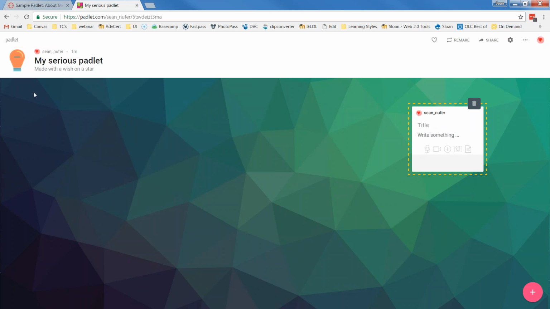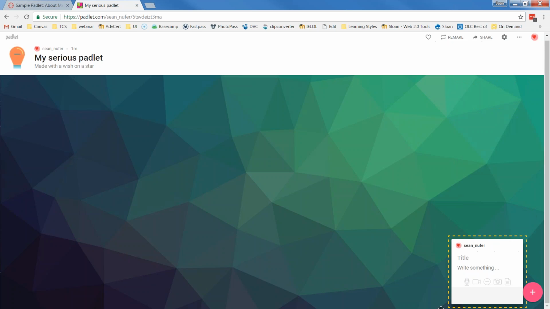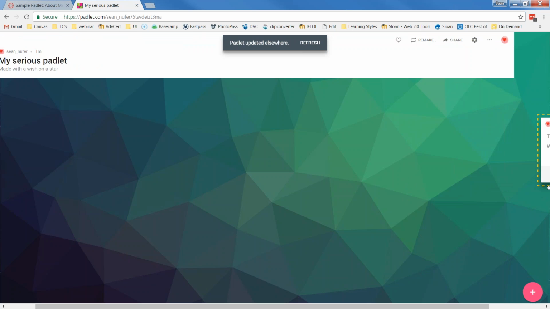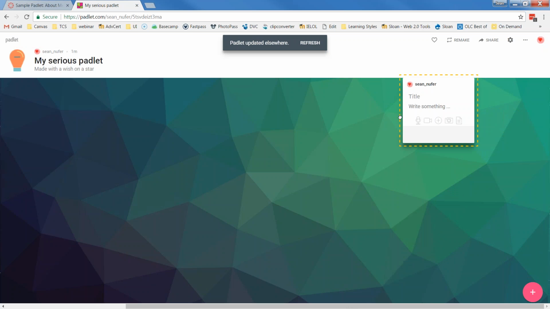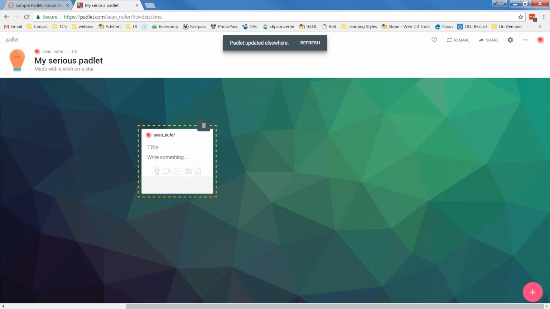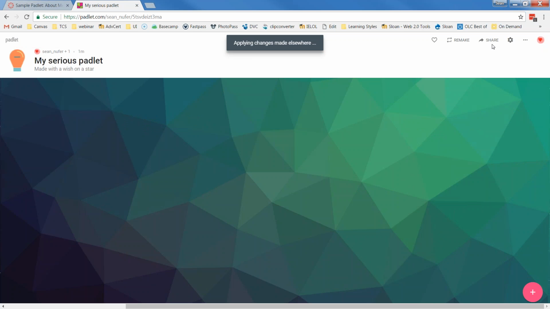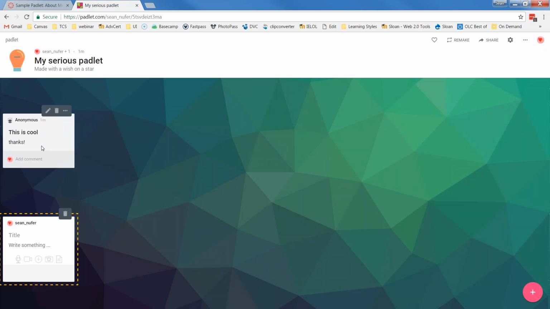You could even have students, if it's a small class, like if you're teaching graduate students or something, each student could have an area on your bulletin board or something, and you can drag it down, drag it to the right or down, and extend it, make it as big as you need to. And then the options for sharing, I guess I didn't save that, but let me just post one thing